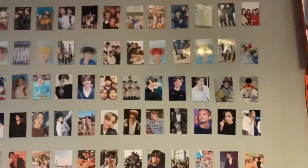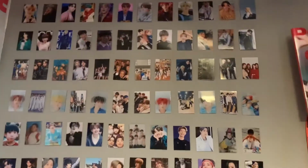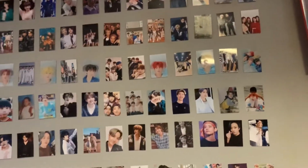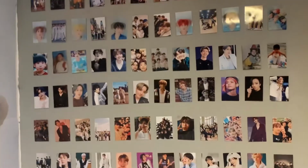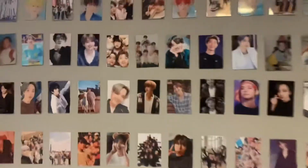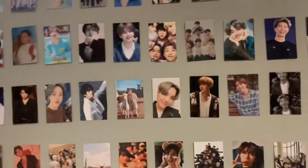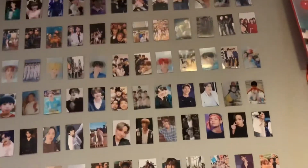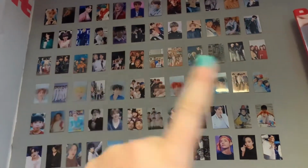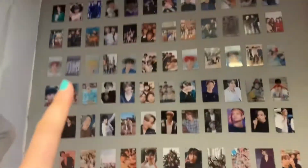So these are basically just pictures printed out that I got for free prints. I'm going to be doing a video about free prints soon, so I'll show you how you can do this if you want me to, because it's actually so much simpler than it seems. It does take a lot of time though, and a lot of planning, believe it or not. So yeah, I just have BTS up there, then it's TXT, Blackpink and Super M, TXT again, 2 rows